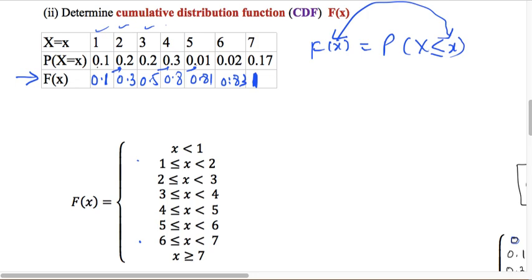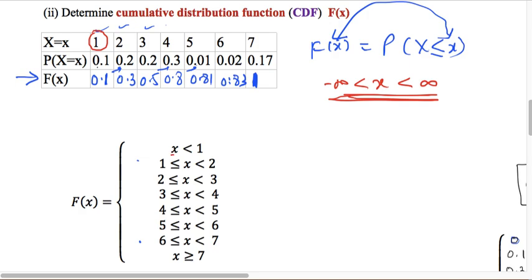Because when we say CDF, it should entertain all the real numbers. So here x can take any value between minus infinity and infinity. That is the complete definition of a CDF. So if x can take any value between minus infinity and plus infinity, how can we write the function in interval form? The step number one is to look at your first random variable in the table, which is 1,